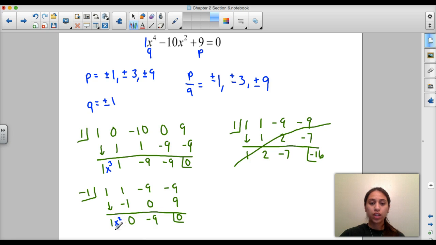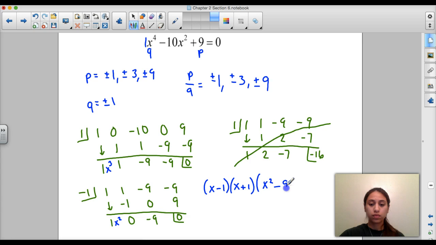Once you get down to an x squared, we can't use synthetic division anymore. So let's write what we have. If 1 is a root, that means x minus 1 is a factor. Negative 1 is a root, so x plus 1 is a factor. Then write what we have left here, which is x squared